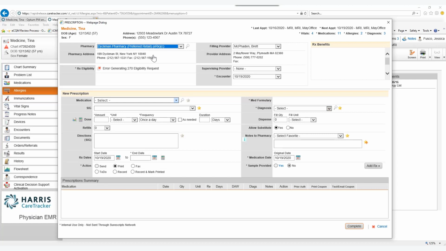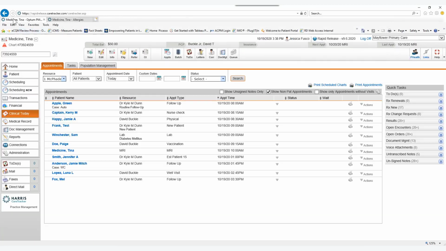So now here at the top of the screen, you're going to see the patient's demographics, all their information here. You'll see the last time they had an appointment, when they have a next appointment, if it's been booked, vitals, medications, allergies, diagnosis, and you can hover over all these. You'll also see the pharmacy. Now, I did not select the pharmacy. It automatically defaulted there. And the reason being is that in the patient's demographics, I have a default preferred, I should say, retail pharmacy. So let me close out of this here, and I'm going to go back to my